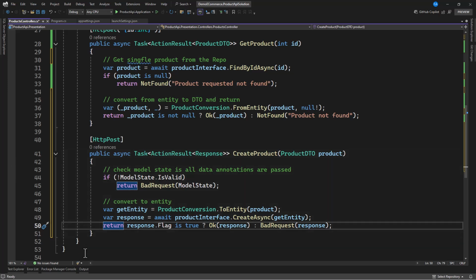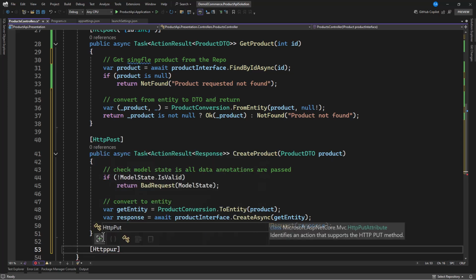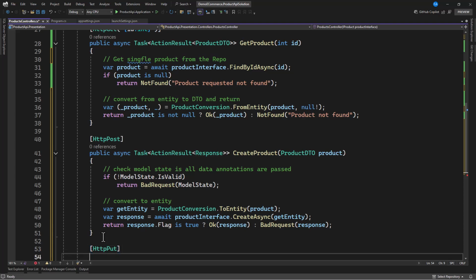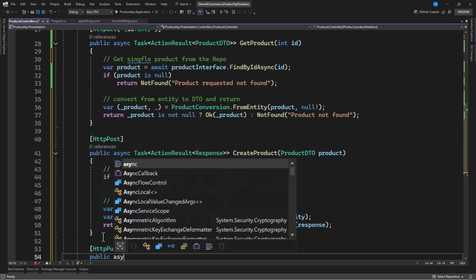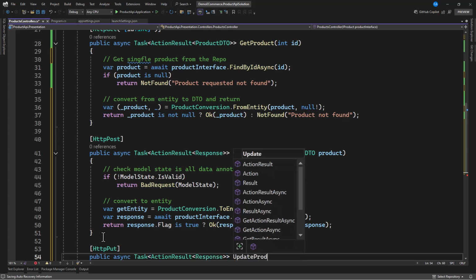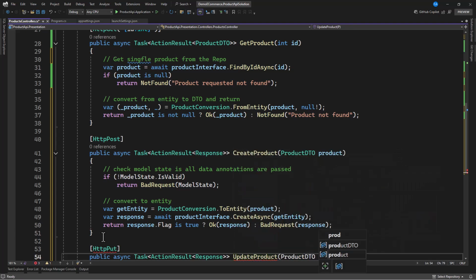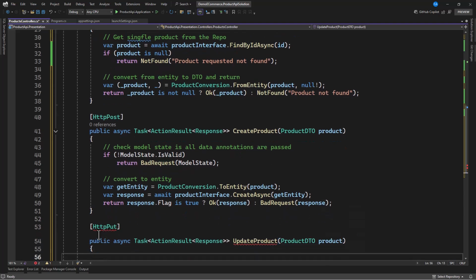Okay, then we're going to handle the next one, and that's going to be the update, right? So there's an HttpPut, and now with this put, you're going to have public async Task of ActionResult, and this action result takes in a response, as you know, and that is UpdateProduct. It takes in a ProductDTO. We said this is product, and in here